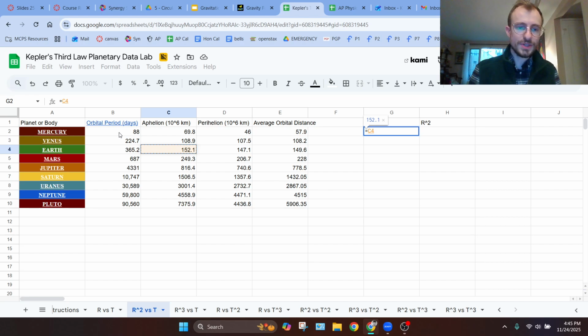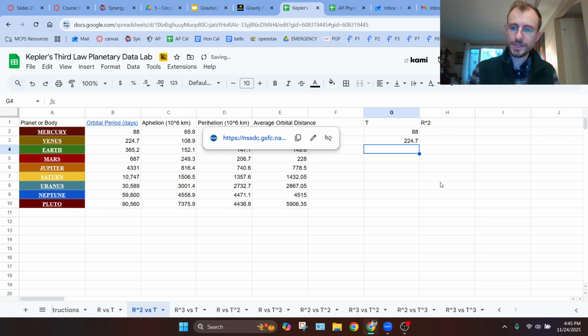And so if I click this Mercury data cell, I can say, hey, I want in this cell, G2, the data from B2. That's why it says it's going to equal B2. If I hit the enter key, then it will pop up as 88. I can do that for the next one also. I could say, okay, for this one, equal sign, click the cell I'm interested in, then hit enter, and